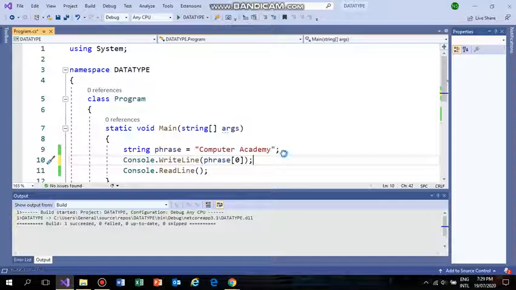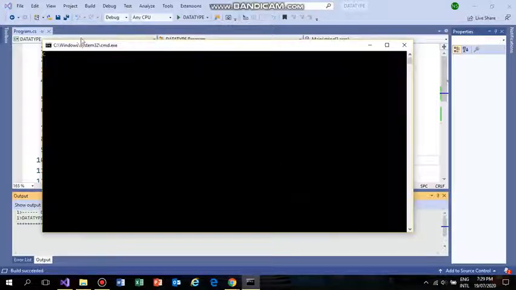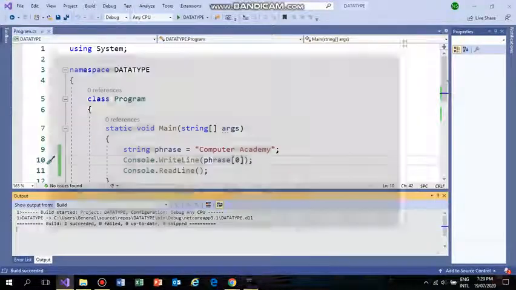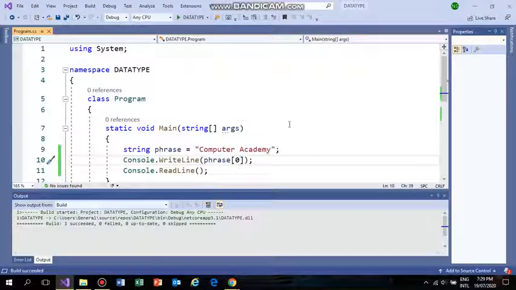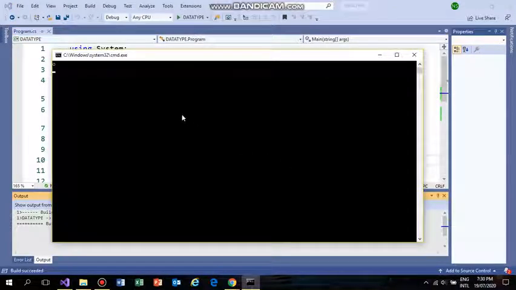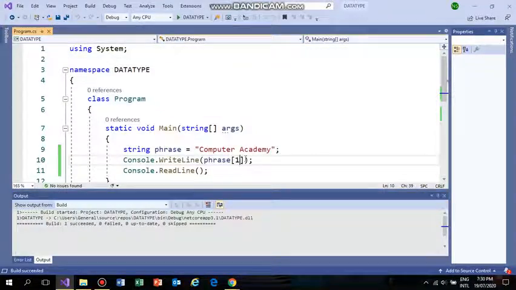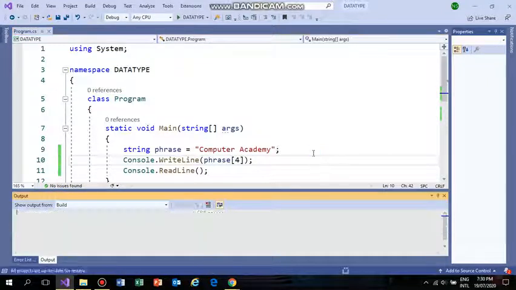Here we go, pressing Control F5. So that is the C. It means C is at position 0. And if I write 1, see what the result is. Here we go. That is the O.